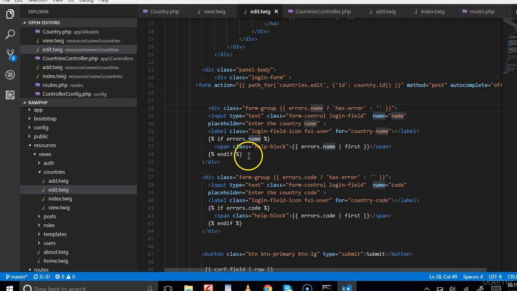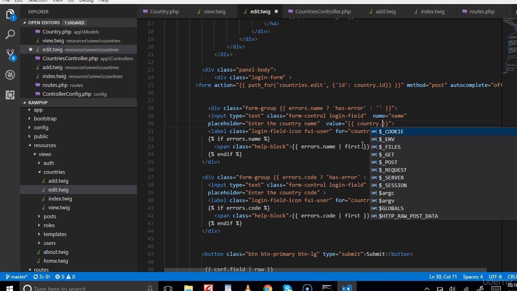Okay, there's an error, and the thing is the value. As you can see, this is an input field that has the name of name, placeholder, but then it doesn't have a value. So we need to pre-fill it with the value of the country. You know, when you want to edit something, you need to see the former content before it. So I'll just do it for one. I'll just say the value is country.name,